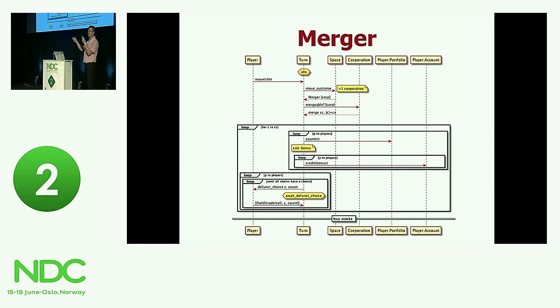So you can't merge two big corporations. I know, maybe we should think about that in real life. If things are too big, don't merge them and make them even bigger and more fragile, but that's a different story. Then the reply from the corporation will be, in this case it will work, there will be a surviving corporation, the biggest one will survive,